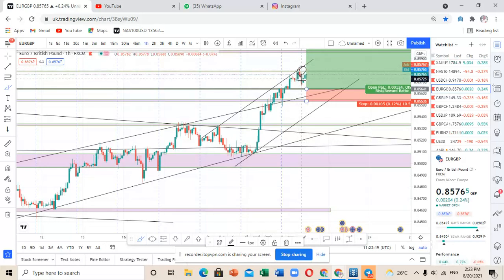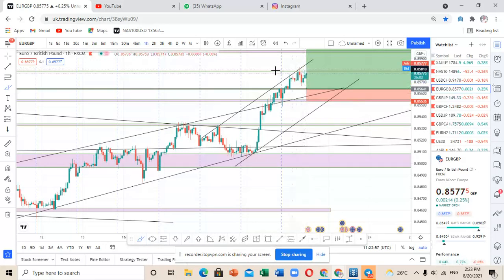So I have got a feeling that the markets, though they were trying their best to move to the upside, then we had this move to the downside. Now they are having another retrace, I mean a retest to this point here. But I have a feeling that the markets are still going to move to the downside for a retest to this point of support before making a breakout above. That's why you can see that I've placed a buy stop, because I'm waiting for the markets to come in between here. But if the markets make a breakout this time around, that is from this point, breaking above this point of resistance here, I still have got plans.